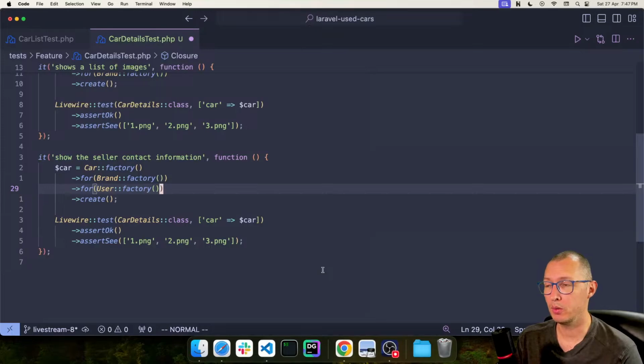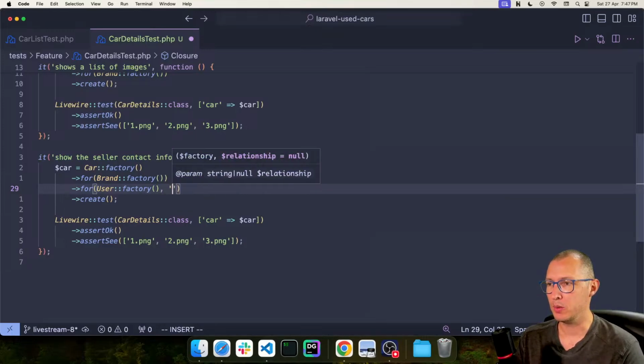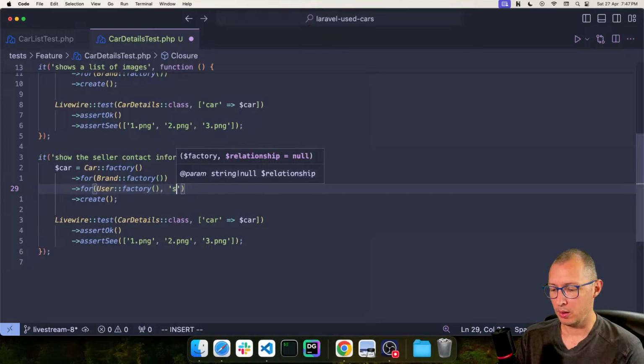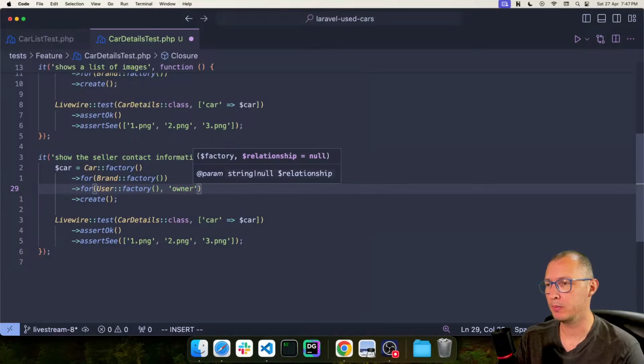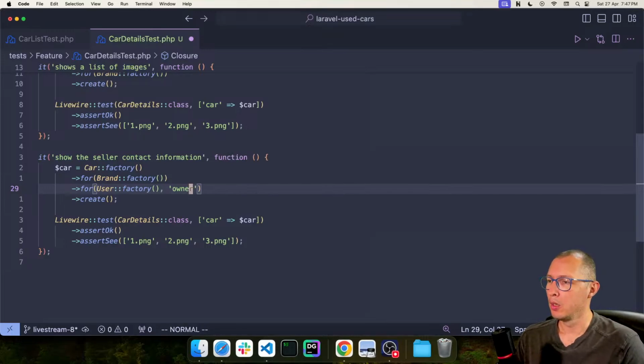And the user is going to be the seller, but we want this in a relationship that represents the user. So instead of calling it just a user relationship, we are going to use a different relationship name called seller. Owner? Yeah, that's better. Sorry. Okay, so